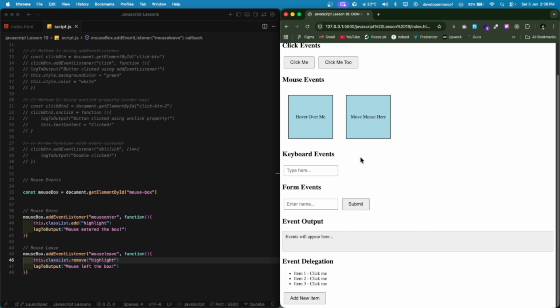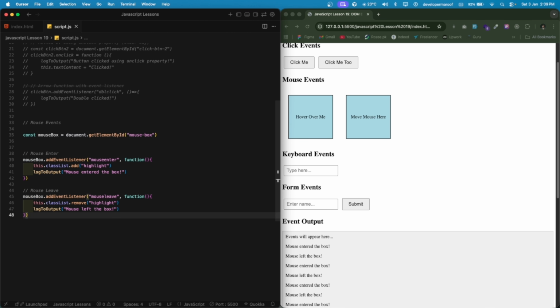And you can see when we hover, we are triggering the mouseenter event and that function is called, and we are getting the output below. And when we leave, our highlight class has been removed and we got our output here, "mouse left the box". When we hover, when we leave, you can see it is now interactive. And if you want to add any actions on mouse move, you can also do it with the mousemove event. Let's say on mouse move,